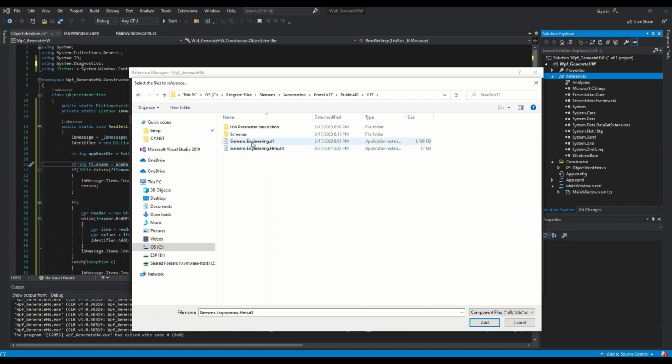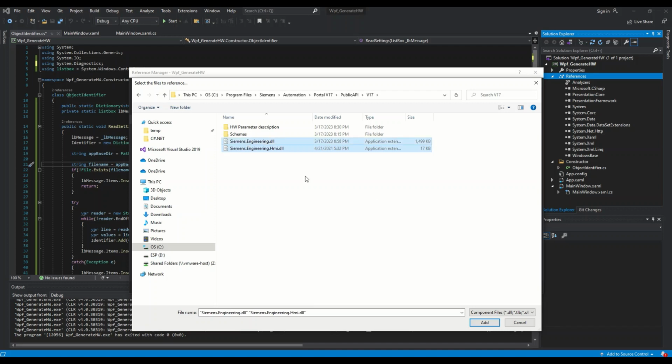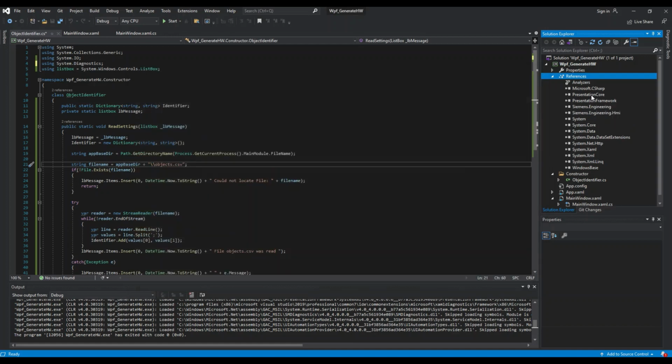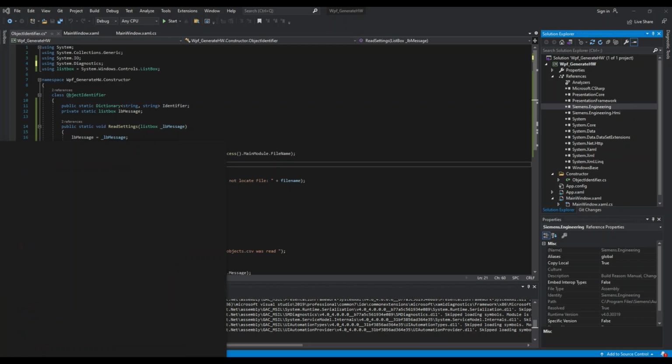So you need to take the files that you actually have installed on your machine, because usually TIA is gonna install multiple versions of the Openness API files. So let's go and take these two files and let's go and import them in our project. So this was the first step that we have to do, and the second step is gonna be